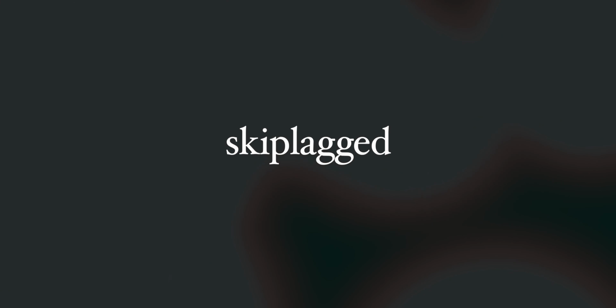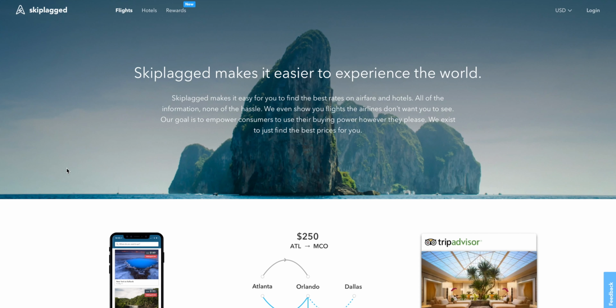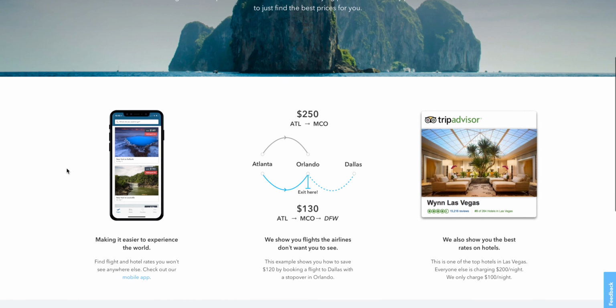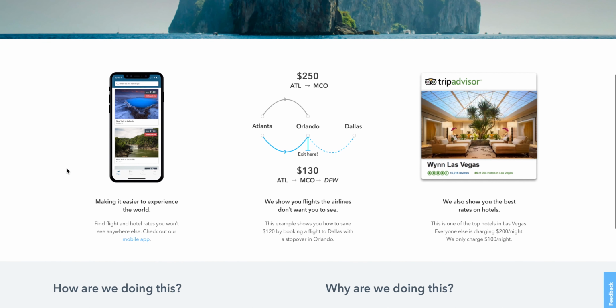I've been using Skiplagged for several years now and still rarely come across anyone in my everyday life that has heard of or used this app. Skiplagged is a service that utilizes what's called hidden city ticketing. Essentially what that means is it'll find flights to your ideal destination for a cheaper price that don't necessarily end